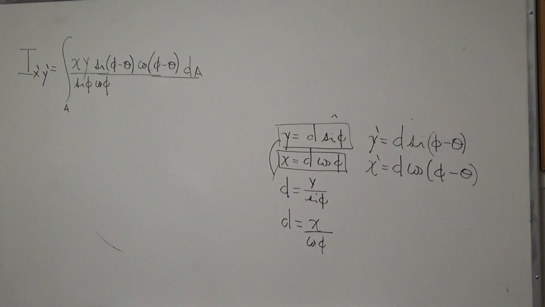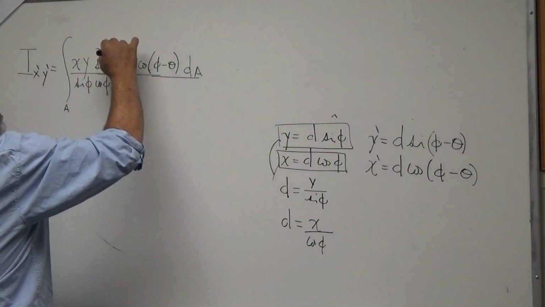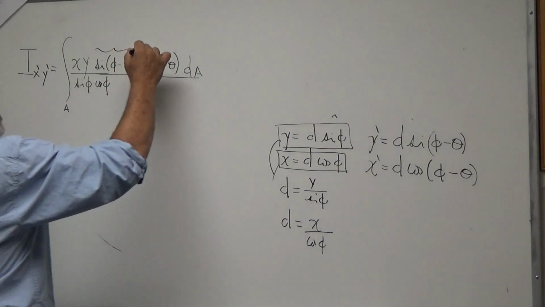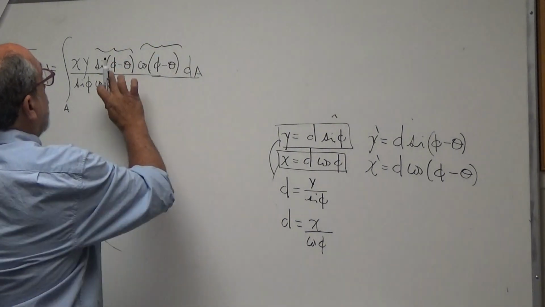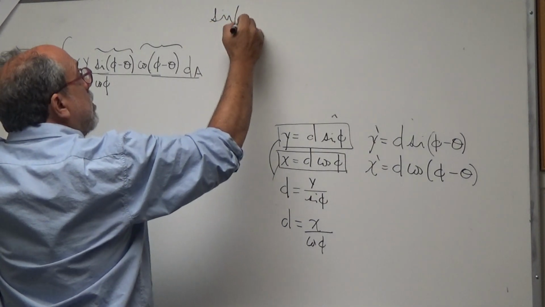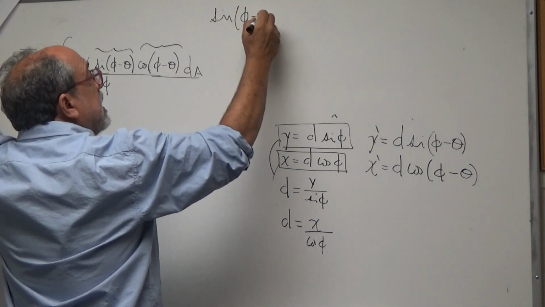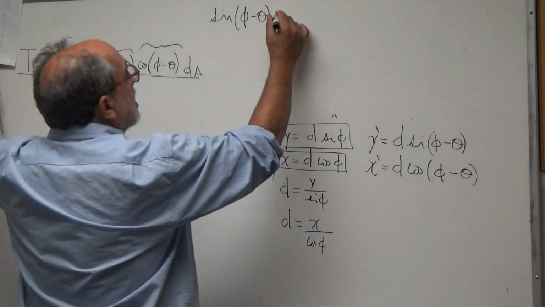And so we are at that point, right? Now, you see we have this sine of phi minus theta, and we have this cosine of phi minus theta. Now, you can go to your trigonometric relationships if you don't remember them, as to what is the formula for the sine of the difference between angles. And the sine of the difference between angles is